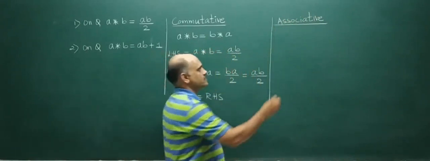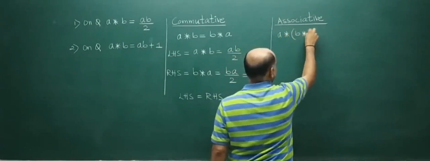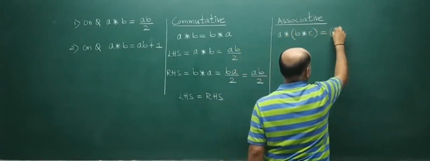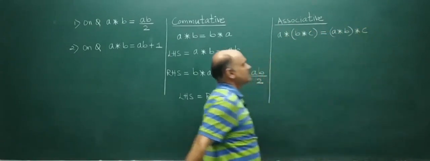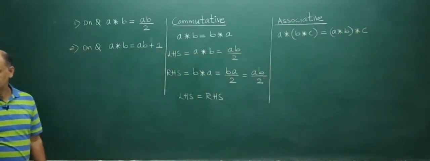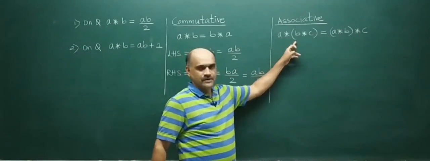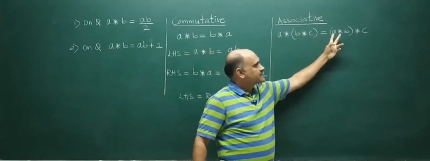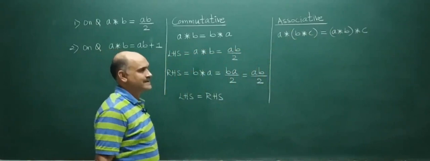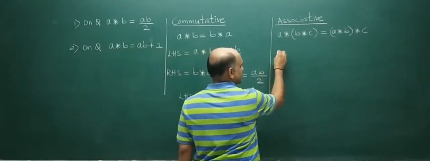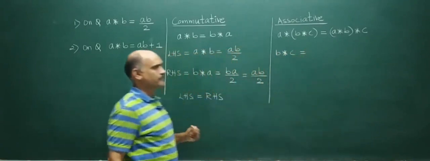So the definition for associative is A star (B star C) is equal to (A star B) star C. So on the LHS, first you are required to solve B star C, then with respect to A. In the RHS, first A star B, then C. So first I will take LHS. So B star C is equal to